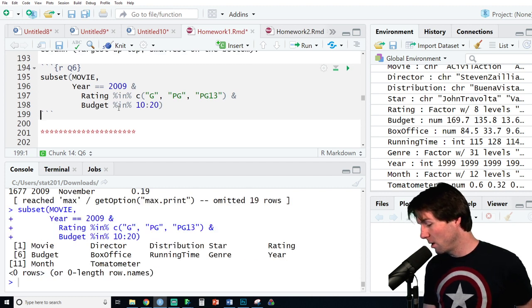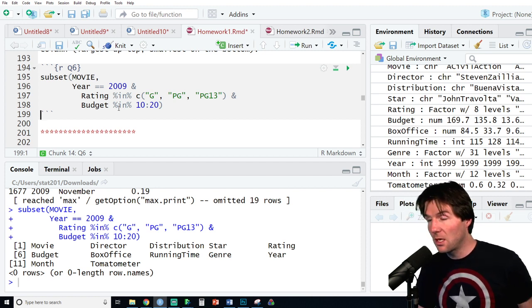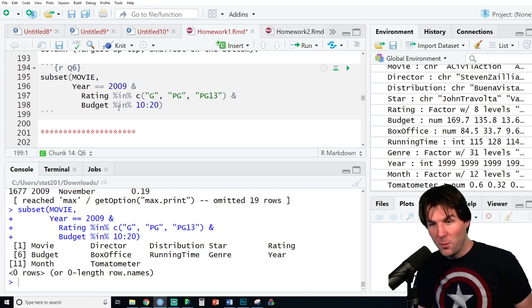This right here might cause, you notice we only have, what did it give us? Oh, it gave us nothing. It just gave us the column names. What this code did,